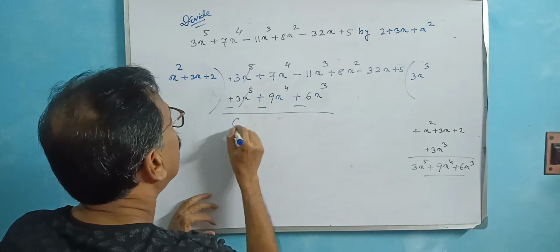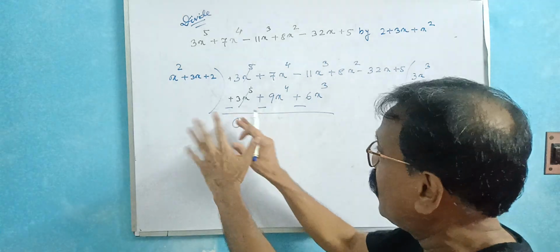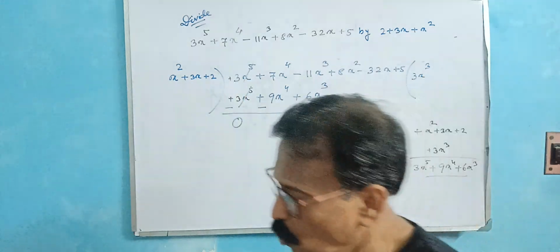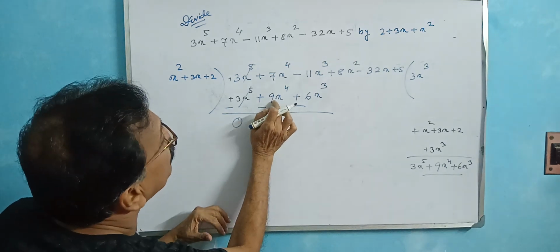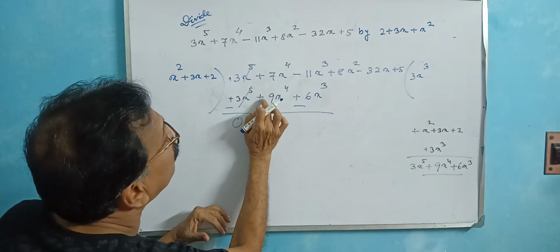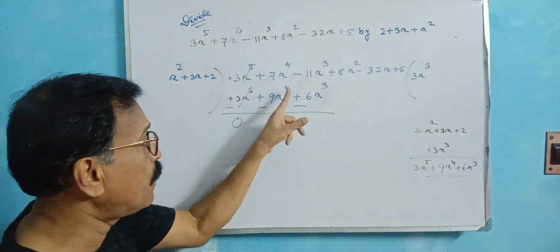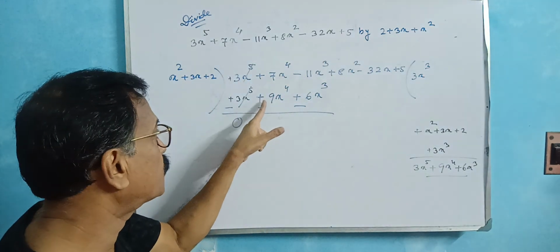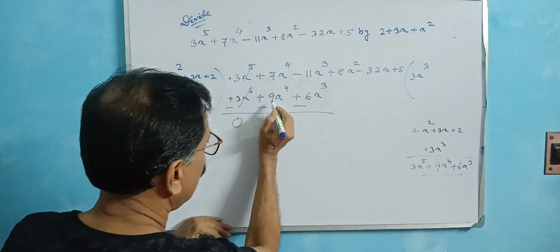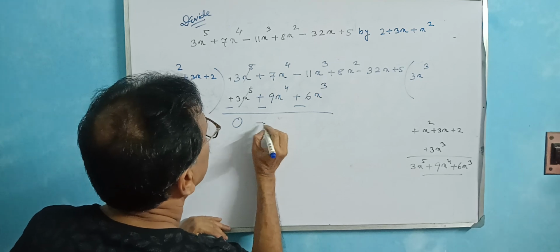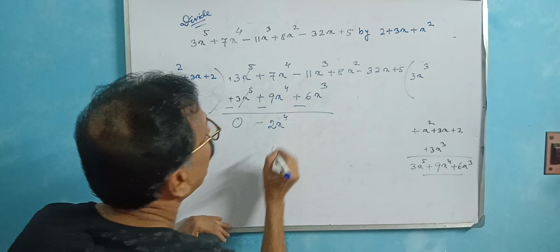Then cut off this part, it is 0. This is your first target, cut this. Okay, now the simplify process. What is the sign of 9x to the power 4? Not plus, the sign is minus. Now the opposite sign, the bigger one's sign goes: minus. 9 minus 7 is 2x to the power 4. Okay.